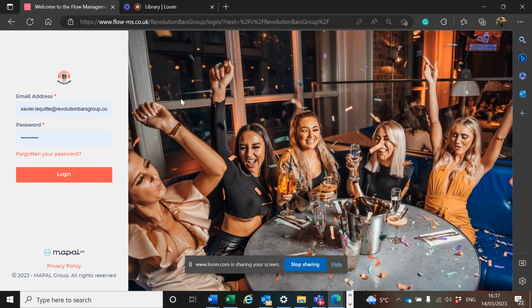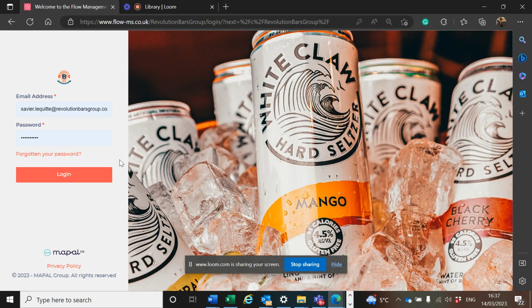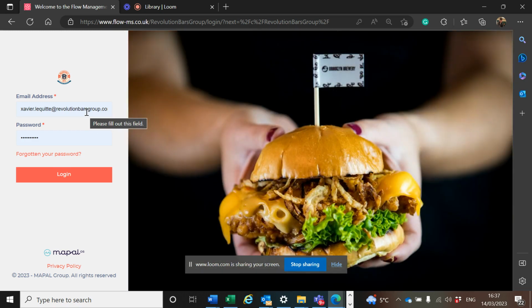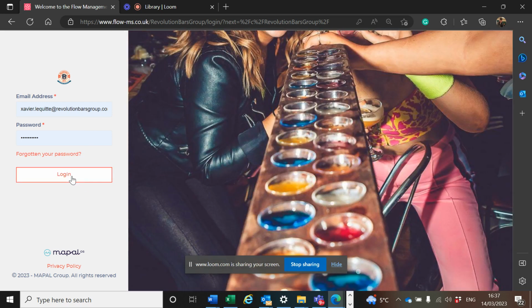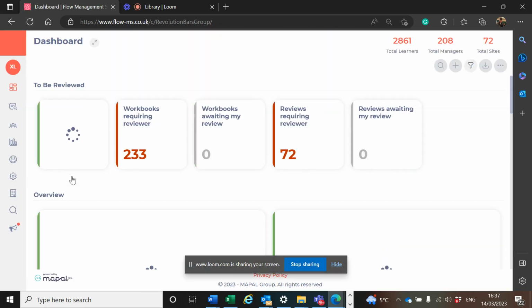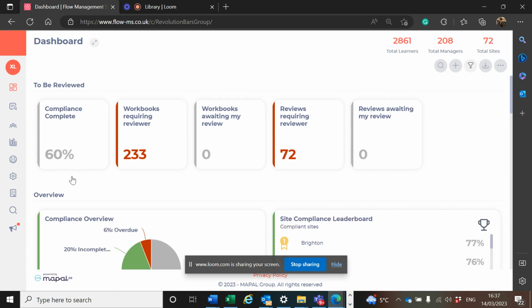So first step, as always with assigning any learning, is to log into FlowMS. So I'm using my own login today. You'll be using your site's login to get into there. So I'm just going to log in and allow that to load. So now we are on the FlowMS dashboard, which is essentially our landing page for getting to any section of